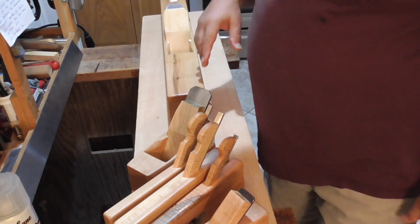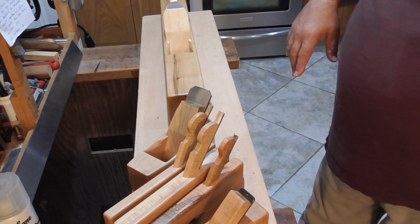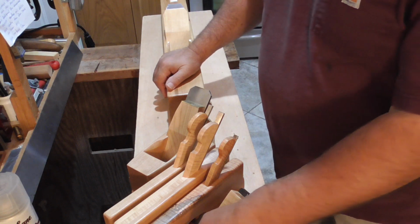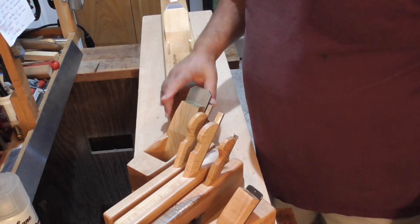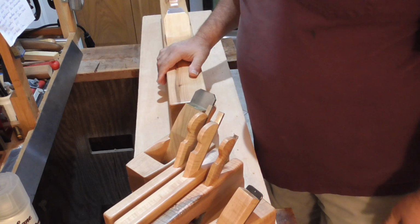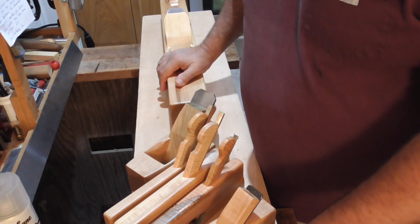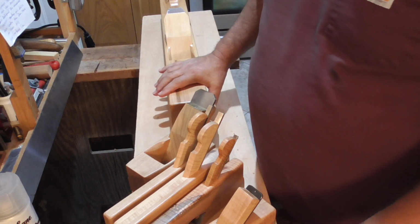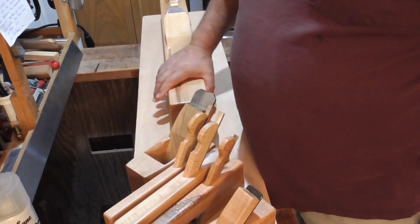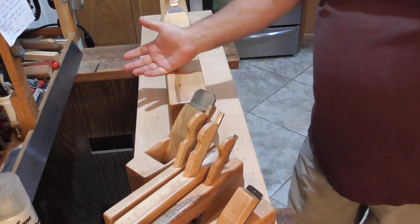So overall, I'll say that the jury is out for me in terms of whether all this work is worthwhile. I like the way they look. I'm just not a big fan of it, and I'm just going to leave it at that. If anybody wants to make suggestions on better finishes, if you want to open a discussion about what the ideal finish is for a plane that's used,